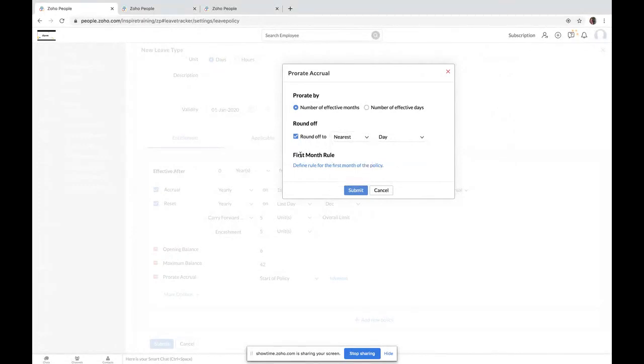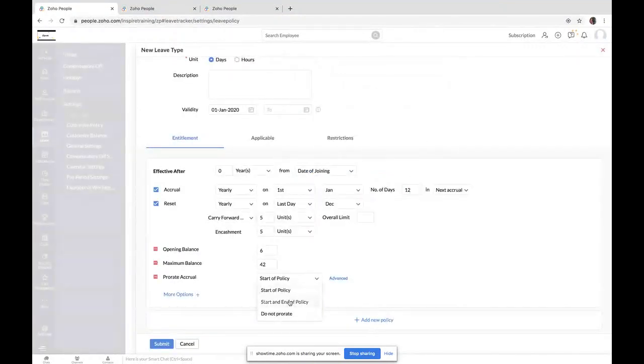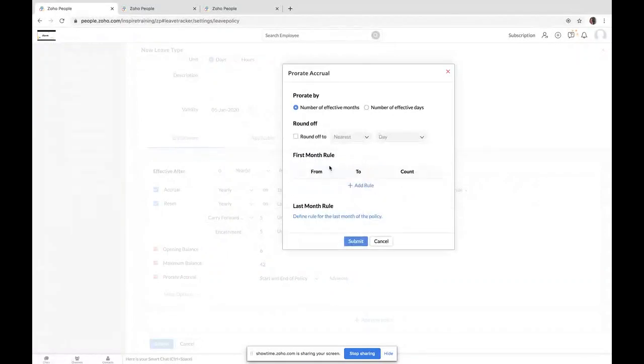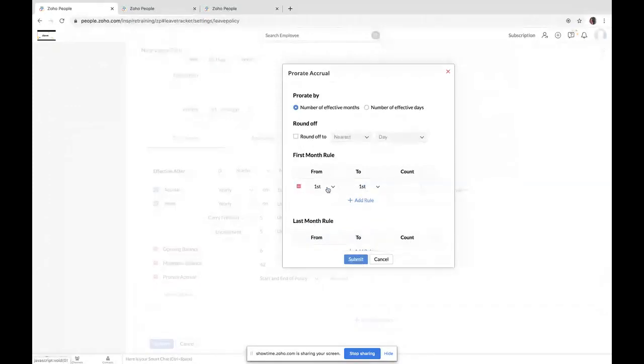And then we do have the first month rule and also the last month rule when you enable the start and end of policy. In this case, you will be able to define a specific rule for the first joining month and for the exit month. Say an employee who has joined between 1st to 15th of a month can be provided with 3 days, and an employee who joined between 16th to the last day of a month can be provided with 1.5 days.